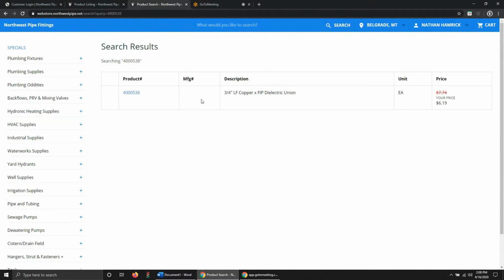So if you were looking for this dielectric union that you order all the time, search brings you right to the product number. Now you'll see here, you'll have your standard cash price, which is crossed out in this case because in this test account that we created, they have a small discount, and this is the actual price. And when you log into your actual account, you will see your price here. Then you click on the item,